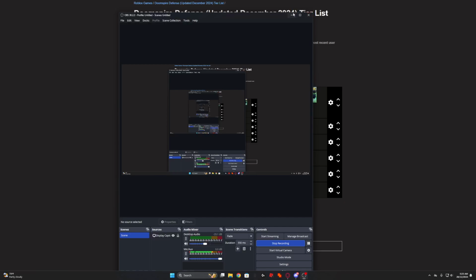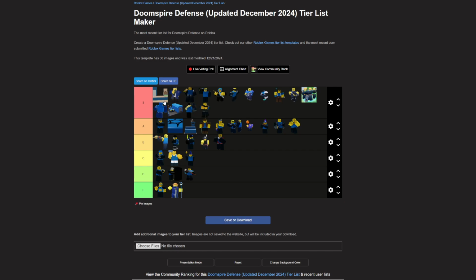So here's the list. From here we have Tycoon, of course, as the number one economy. Here we have...